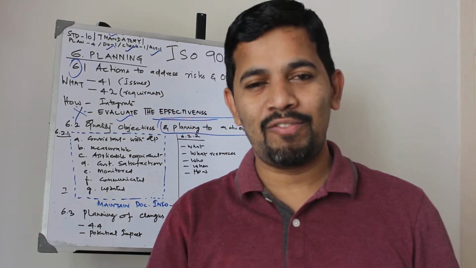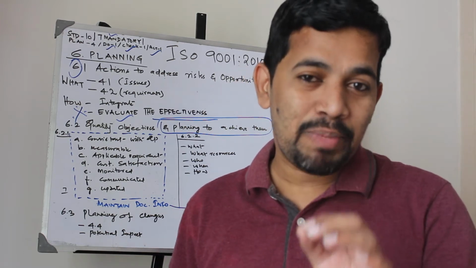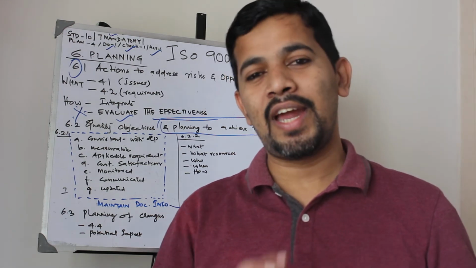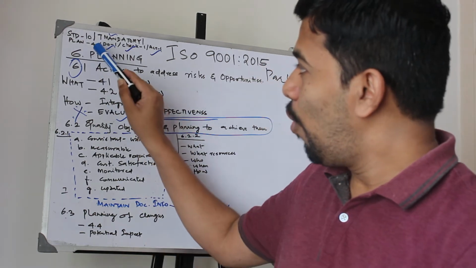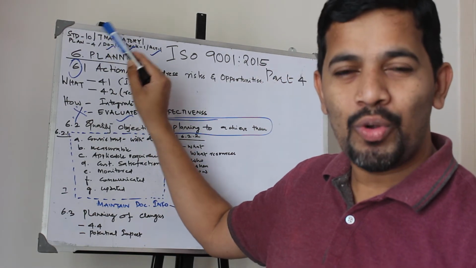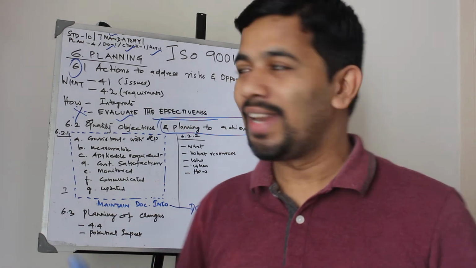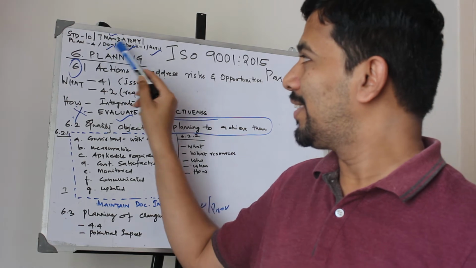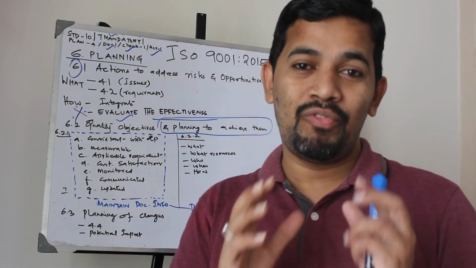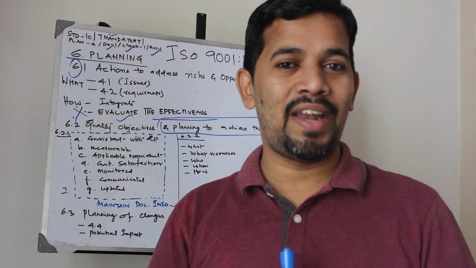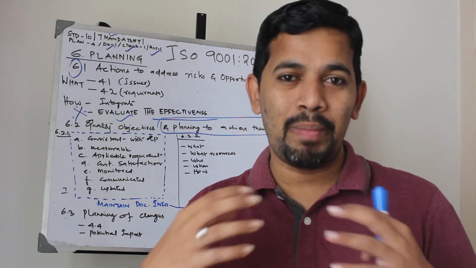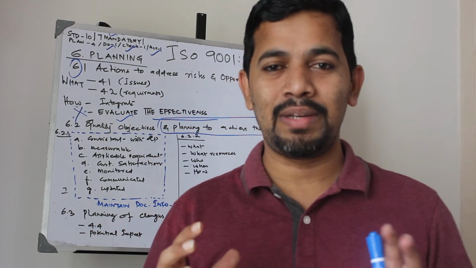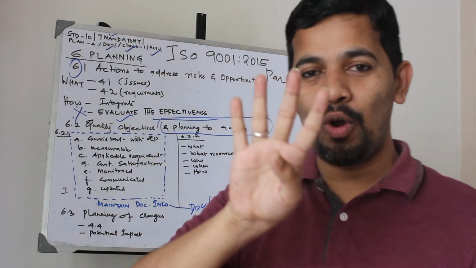If you look at the standard, it is very beautiful. 57% of the mandatory classes of the entire standard fall into planning. 4 out of 7 mandatory classes speak only about plan, 1 out of 7 is do, 1 out of 7 is check, and 1 out of 7 is act. That means 57% of the standard is asking us to get prepared, do all this planning and have the action in place. That is plan. Plan has got 4 classes.